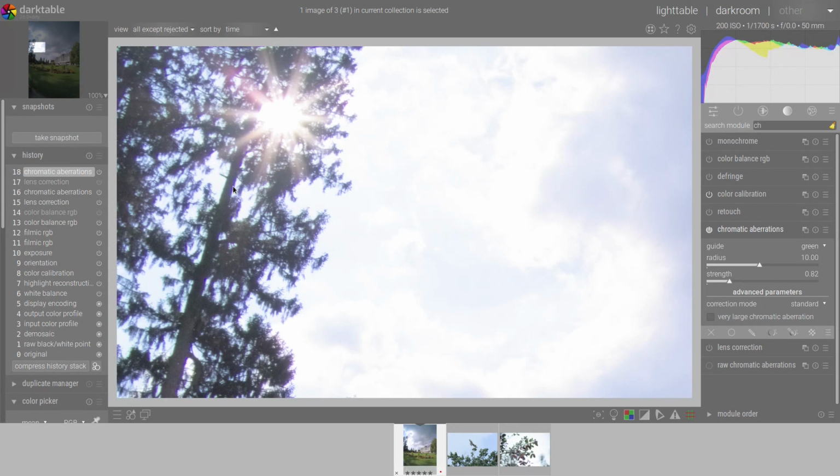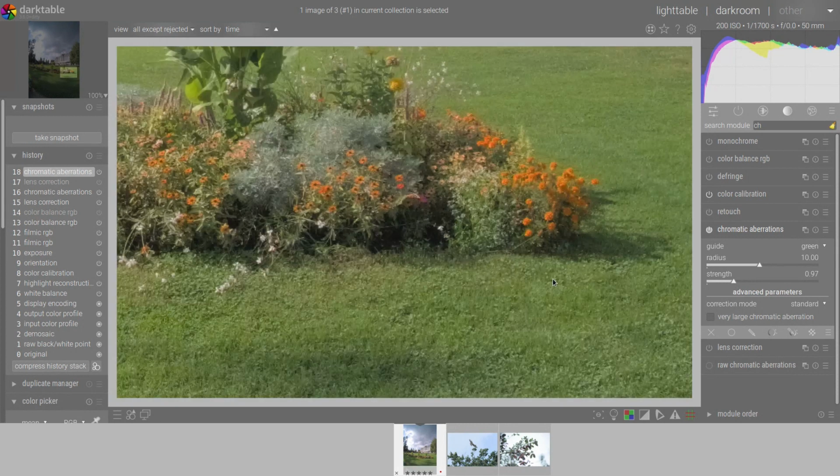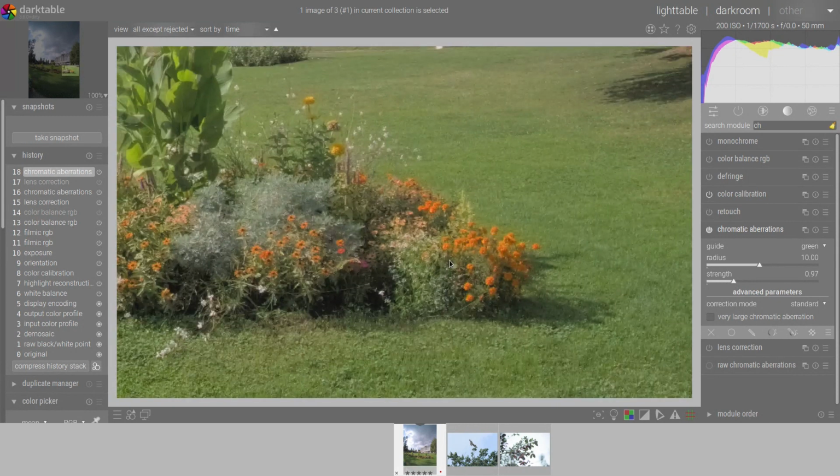So here we can see that there are still some chromatic aberration remaining. I increase the strength a little bit, maybe something like that. It's fine for me. And we can see that we still have some colors here, even though we lost a bit the colors, but they are not completely washed out as they were when I had huge strength.